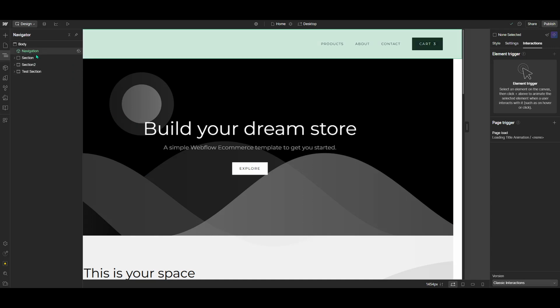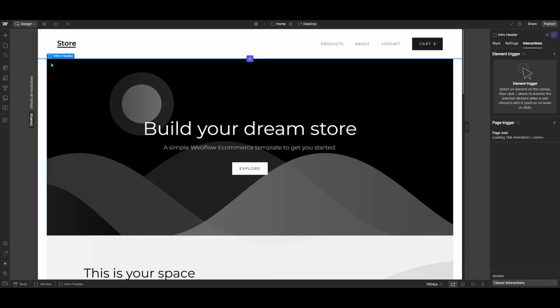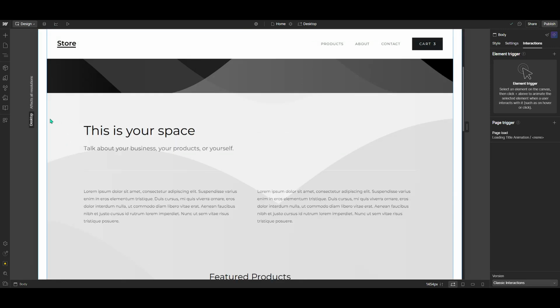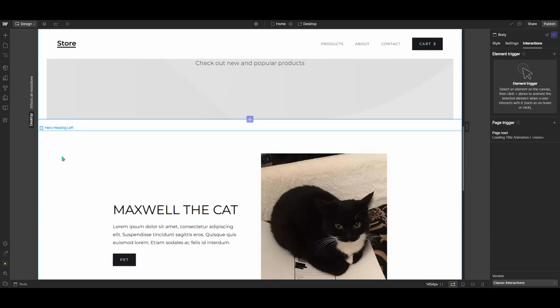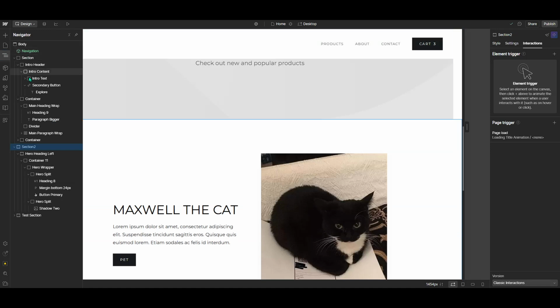Next, to hide the specific element or section, you'll want to select it. You can do this either directly on the web page itself, if you recognize the section visually, or much more precisely from the list within the Navigator panel. Selecting from the list can often be faster, especially when dealing with pages that have a similar design across multiple sections. Once you have your section selected, direct your attention to the Style panel located on the right side of